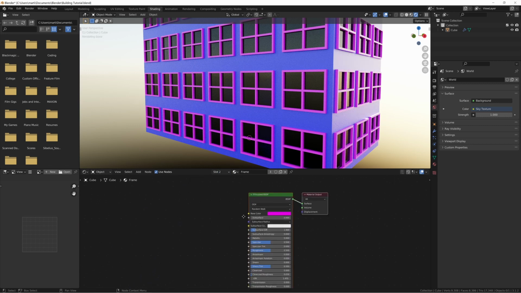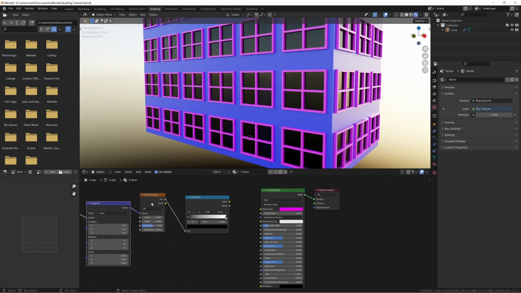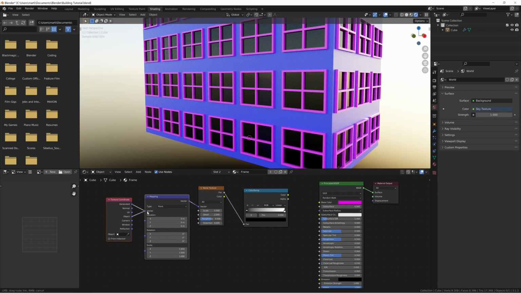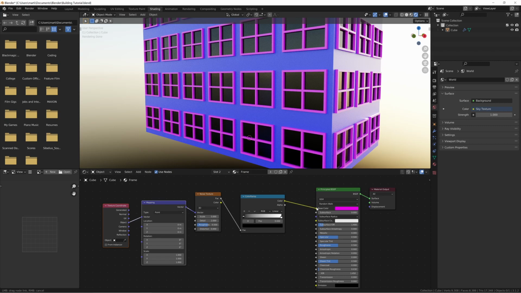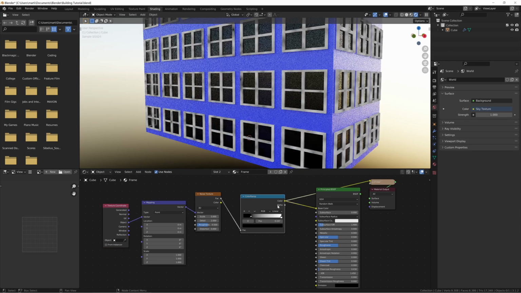Onto the frame. So from here, we're going to do a similar thing. We're going to use a noise texture, and obviously we're not going to be purple. Add in another color ramp. Plug our noise texture into there. Add in a texture coordinates, set to object. Plug this into our base color, and let's actually take a look